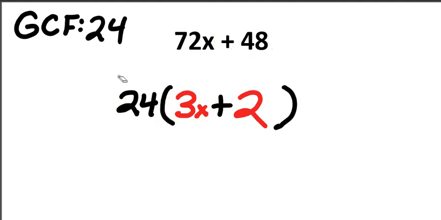Okay, let's try another one. Do you know the GCF of this? So we got the greatest common factor of 90 and 36. Well, we know that the greatest common factor of 90 and 36 is